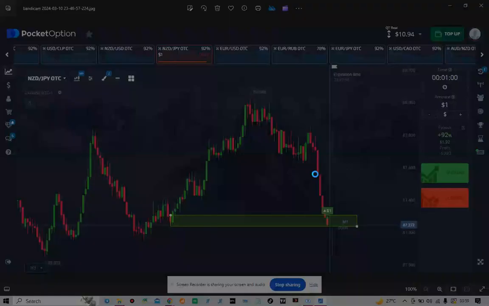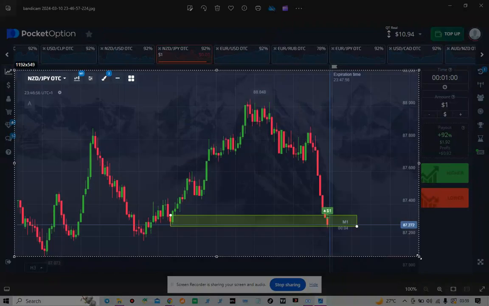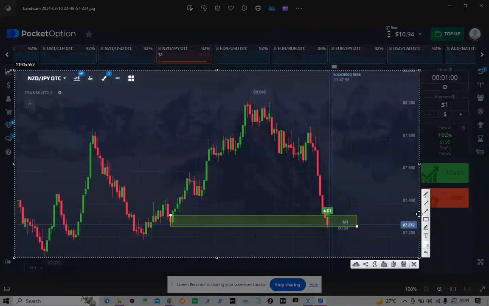Okay, I lost this trade based on the wrong analysis. My analysis is still good, but I still made a mistake here. It was after I took the trade that I discovered my mistake. So I tried to rectify it in my next trade, and then I won. The reason why I drew supply here is because I was using this as the last green candle, the last red candle before this bullish movement. That was my expectation, but